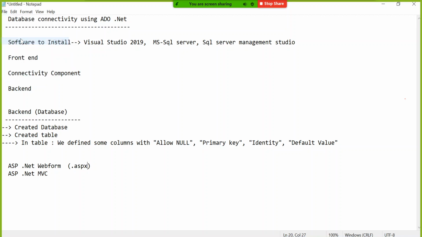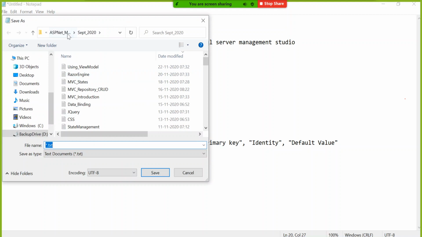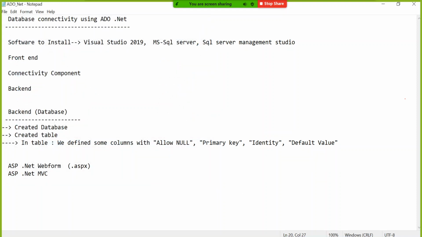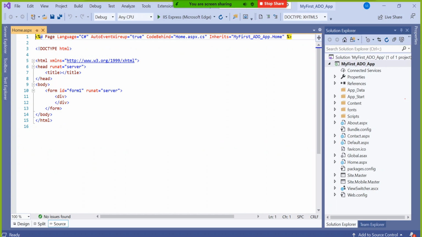Alright, let me save this notepad. ADO.NET, something like that, I will name it. Okay, so in this, the first thing you have to know is web.config.